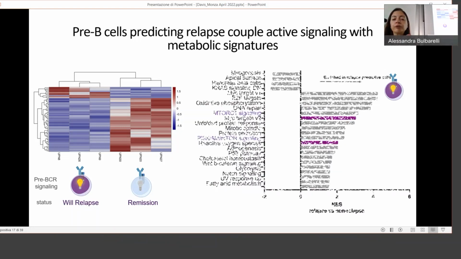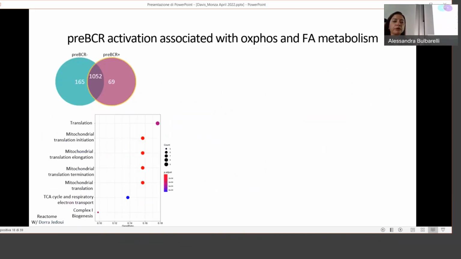And then, of course, we also did see some of the pathways that we saw when we were reading out the signaling pathways, such as mTOR signaling and PI3 kinase AKT signaling, which was expected based on our protein and the CyTOF data. So Dora Jidui is a really fantastic undergrad in the lab, in collaboration with Yuxuan Liu, who's leading this project. She went to the Broad cancer dependency map data set, where basically that has all these different cancer cell lines where they've done extensive CRISPR screens to look for dependencies.